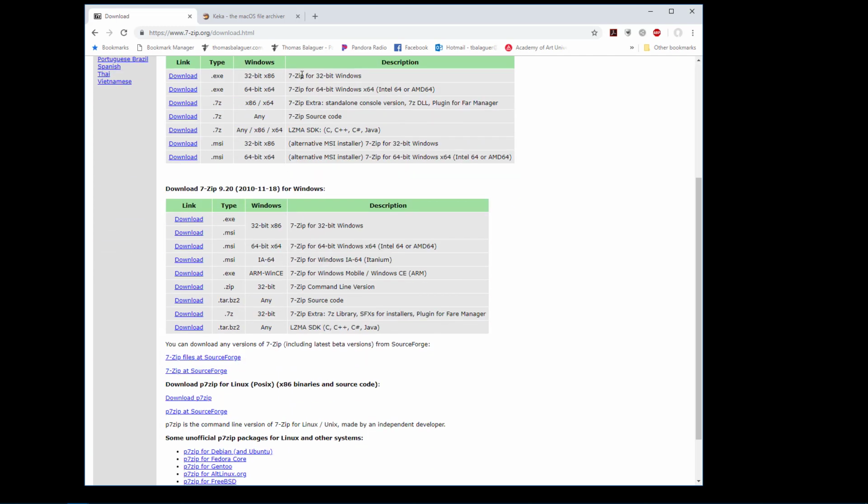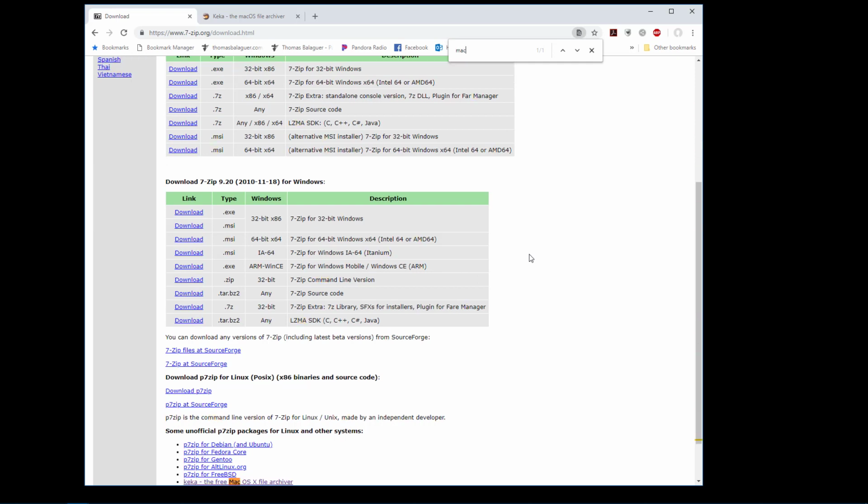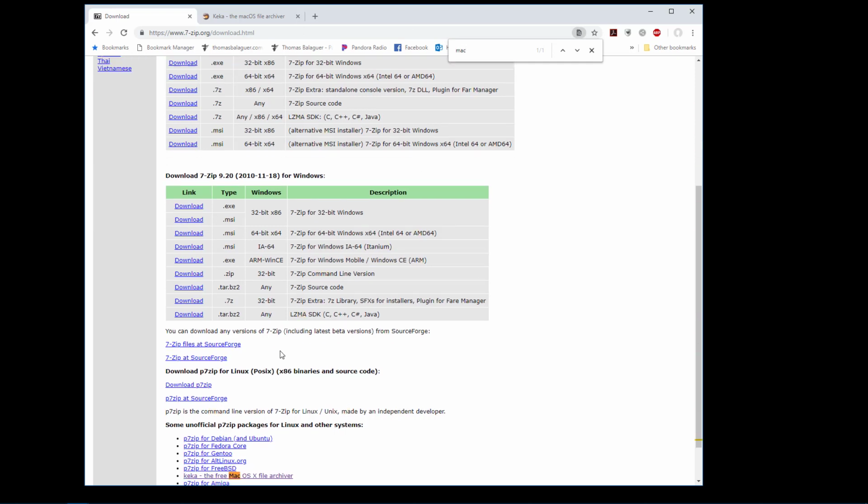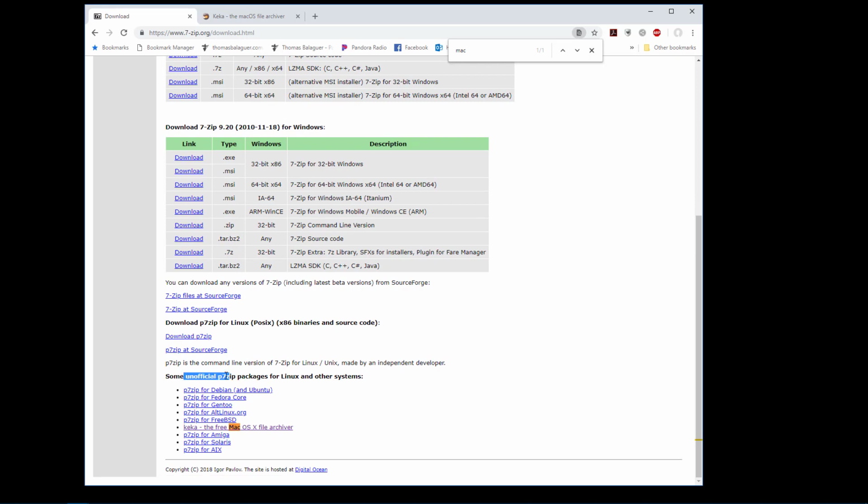Now, if you look here for a Mac version, if you're using Macintosh, I will type in Mac, you will see there is no version for Mac, but there is a link here for unofficial p7zip packages. They're just saying this software is compatible with their 7-zip format, which we don't really care about. This is basically a compressor that also lets you compress in zip format, and it lets you break up a file, let's say you have a 200 megabyte file, into multiple 50 megabyte zip folders.